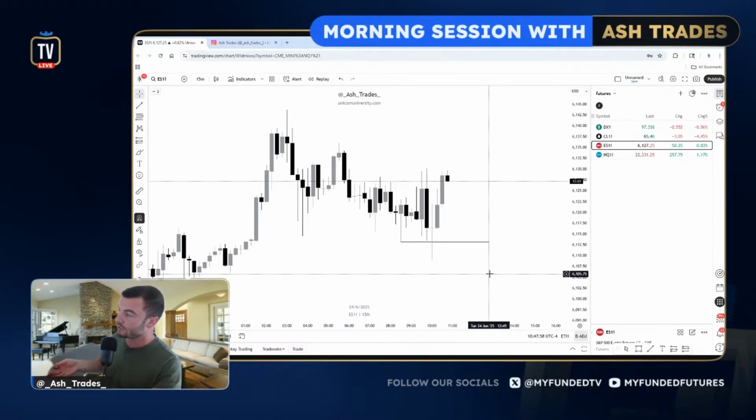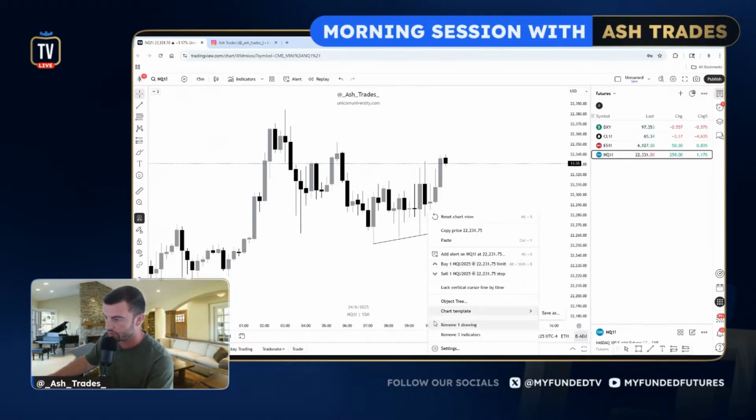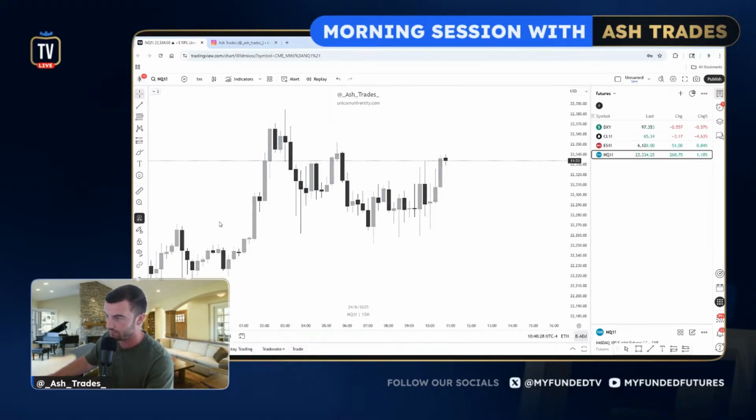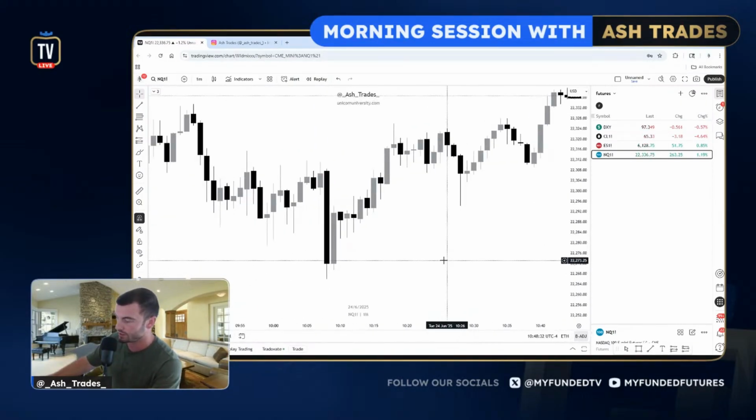Now, when using a crack in correlation, you want to be longing the stronger pair. Hence why my long is on NQ. NQ is the stronger pair currently. Right? I'm sticking with the higher time frame trend. There was a confirmation that occurred with the bullish SMT. And now, if you go down to the lower time frame, you'll see our entry function. Right, so during New York Open, right, because I execute